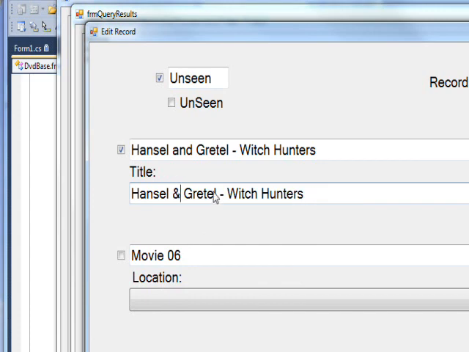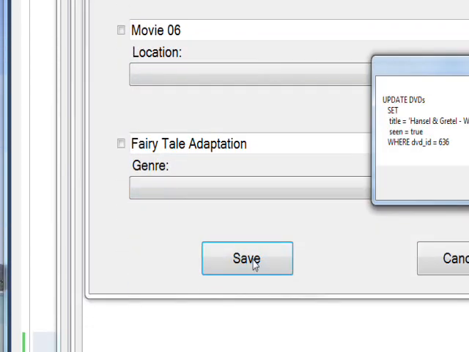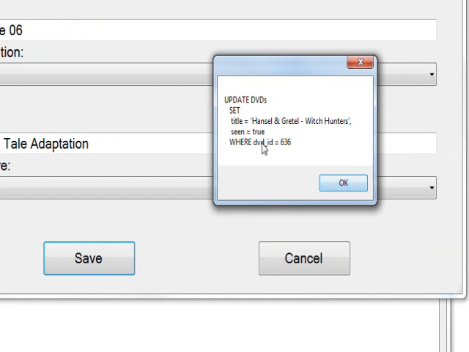And everything else is pretty much correct, so let's just do a save on that. And you see we got the two statements generated because we only had the two check boxes checked. So we're going to change the way the title looked and change the seen to true. So I click OK,